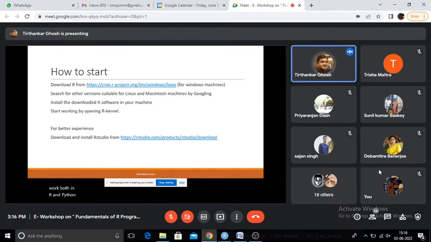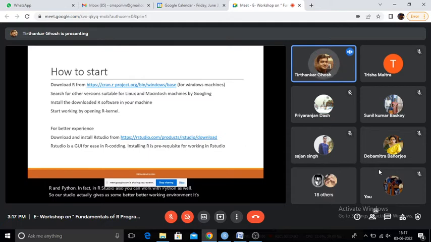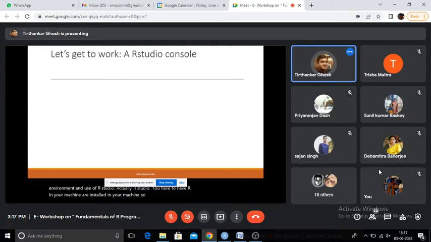In fact, in RStudio also you can work with Python as well. RStudio gives us a better working environment. It's basically an environment, and to use RStudio you have to have R installed on your machine. So R is a prerequisite for working in RStudio.